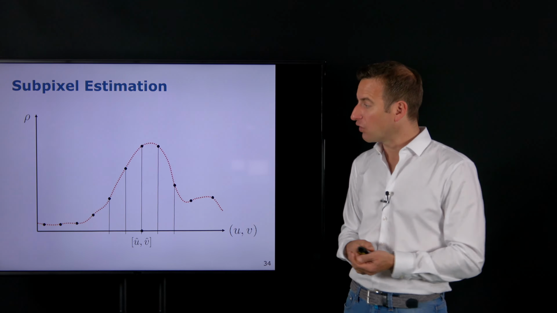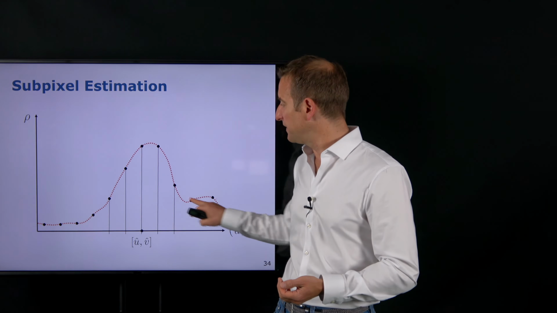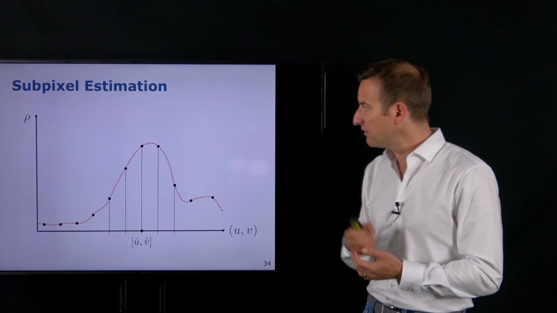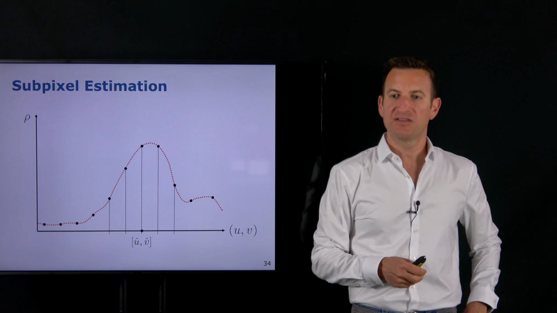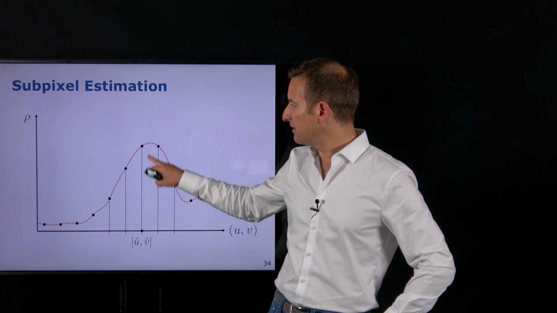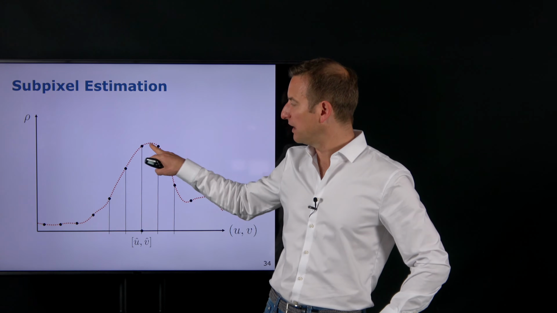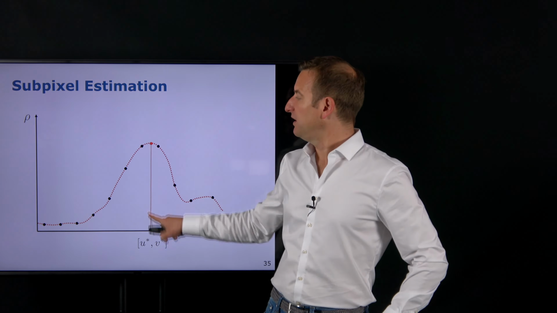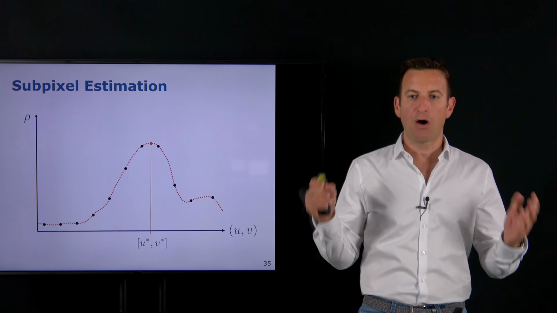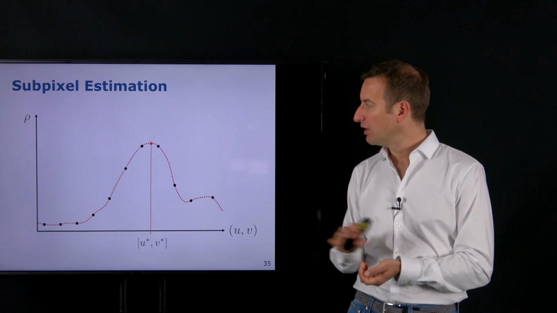So let's draw in a continuous function over here. A function which actually fits my intensity values. And then I have, for example, two values over here which have similarly high value. Then the maximum value is not this point or this point, it actually sits between. So this value over here will actually be the optimal, or a better, it's called optimal matching value, assuming here